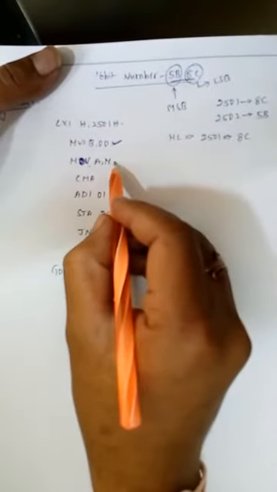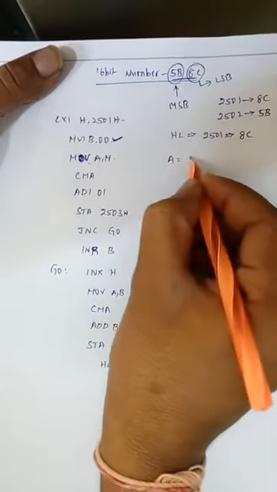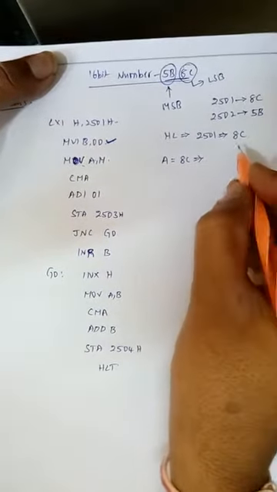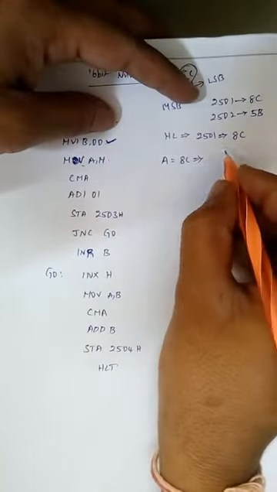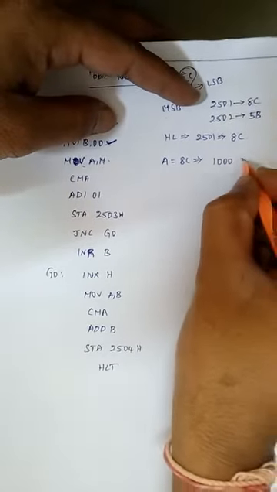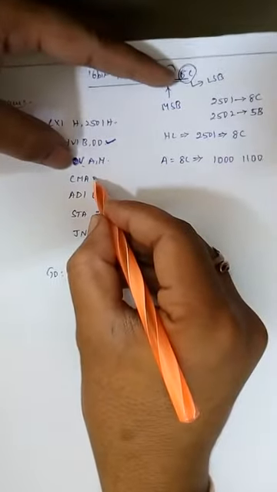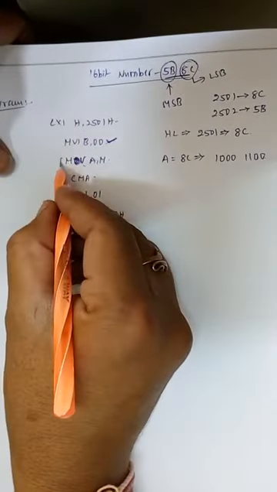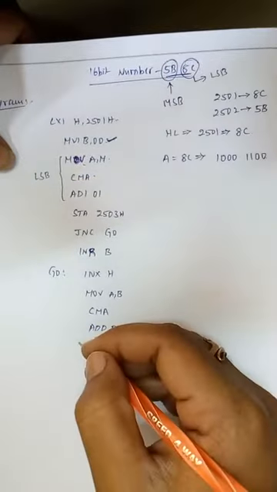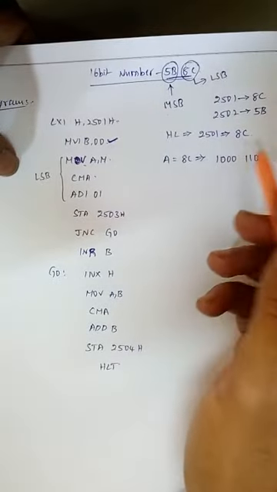Again come to the MOV A, M instruction. That means the accumulator will store the 8C value. Converting 8C into a binary number, we can write 8 as 1000 and C as 1100. Next step is complement A. One thing we have to remember here: initially we are doing the operation for the LSB part, later we do the operation for the MSB part. Why? Because you know the basic reason.